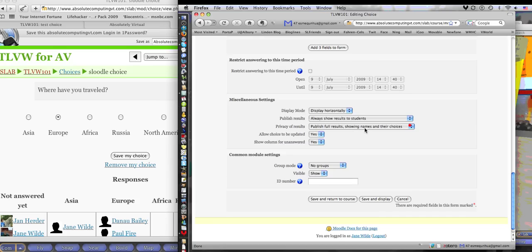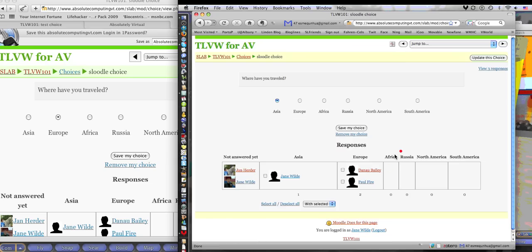Okay, privacy. Okay. Display horizontally. Show column for answer. Why doesn't it show the bars? That seems like a Moodle issue, definitely. I'm wondering why it's not. Maybe go back